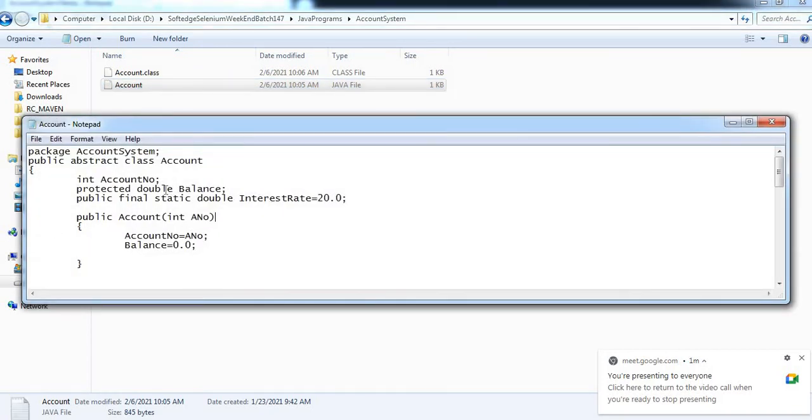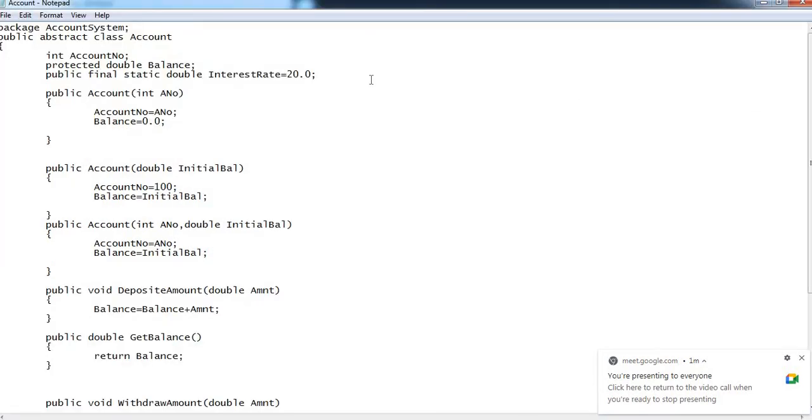You can see here in the account class we have defined all the generic properties for our account classes. Here we have defined one variable called interest rate. Interest rate we have defined as static. Why have we defined it as static? Because we want the interest rate to be shared amongst all the objects. The data in the interest rate is going to be common for all the objects, hence it is static.